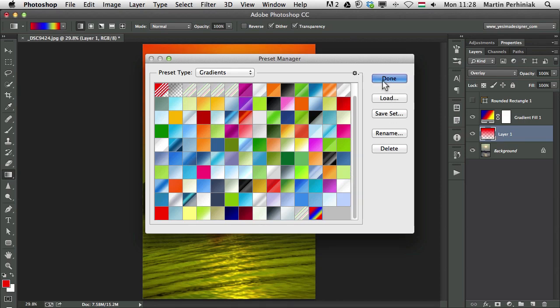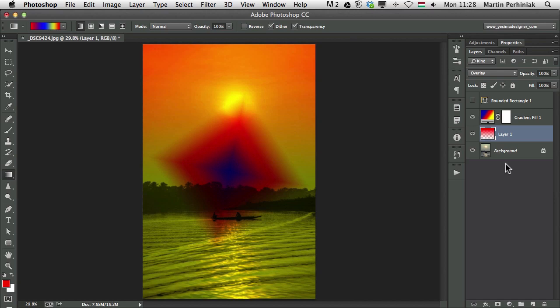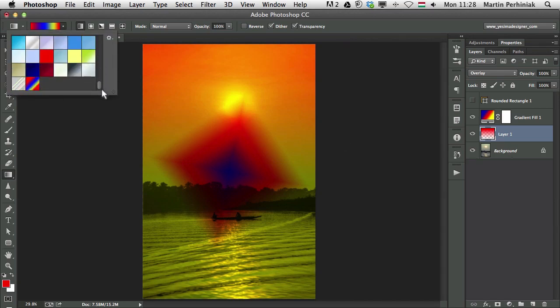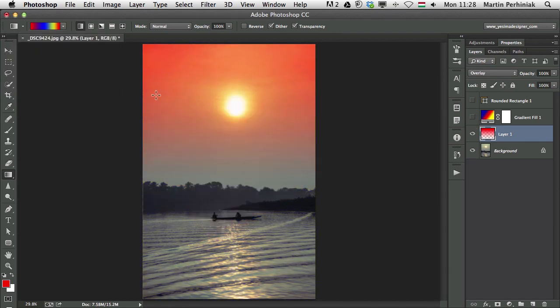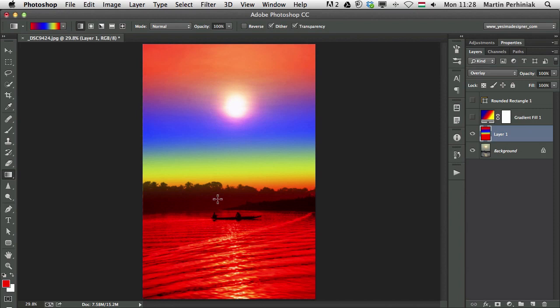But let me just show you, if I want to use this, I can use it in many ways. I can select it from the gradient selector here on the top, and then I can apply it quite easily. So I'm going to replace that gradient there that I used. Obviously, this is a little bit more surrealistic effect than what we had before, but we can also use it